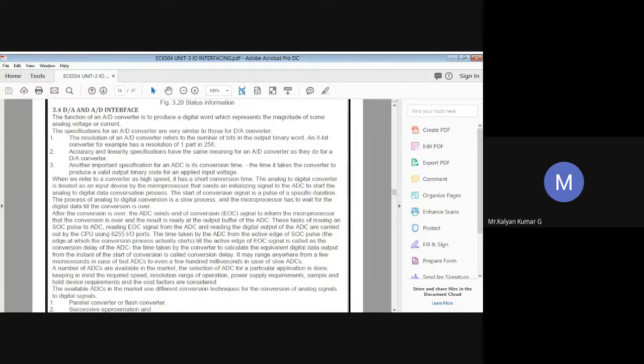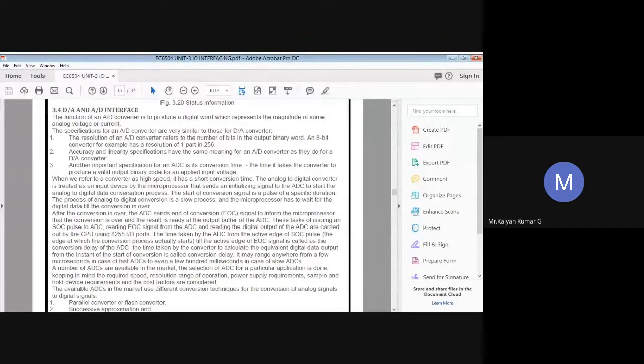And the second category of A to D converters usually includes integrator converters and voltage to frequency converters. In these categories, the given analog signal is converted into time or frequency, and the new parameters from time and frequency are compared with known values to produce a corresponding equivalent digital signal.